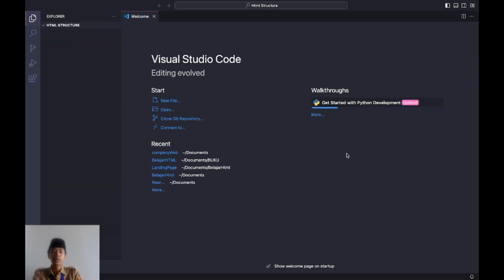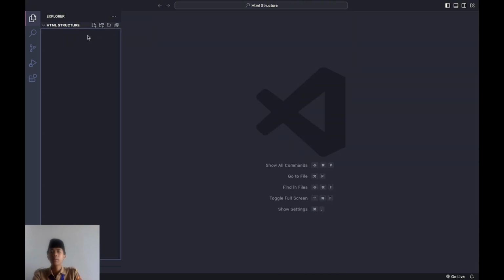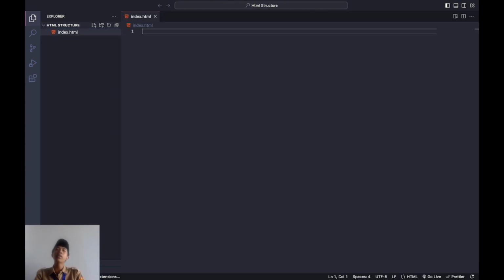After you open it, you will get a blank window like this, and you can click the logo that shows new file. Make a new file named index.html. Why do we use .html here? This is to make your browser know that the file is an HTML file.